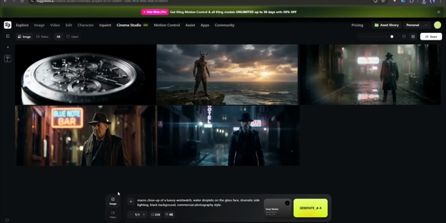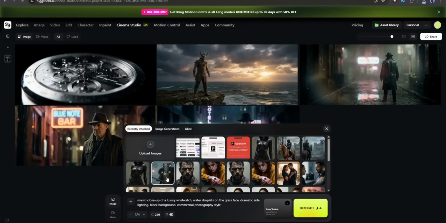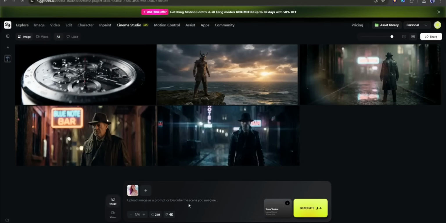Here's how it works. We have to upload a clear photo as a reference image. You can do this by clicking the little image icon next to the prompt box and uploading your photo. Now, when I write my prompt, the AI will use that reference to keep my face consistent across every shot. Let me try it. I'll upload a photo, then write, a woman in a leather jacket walking through a cyberpunk